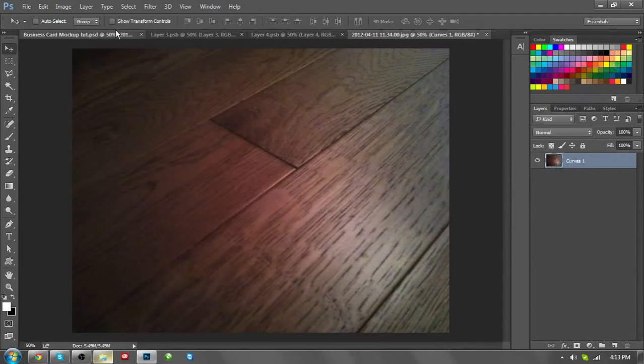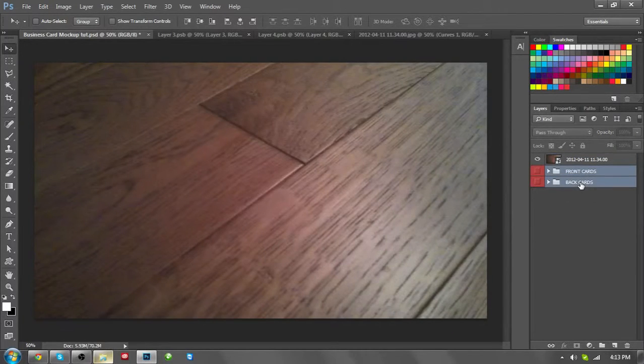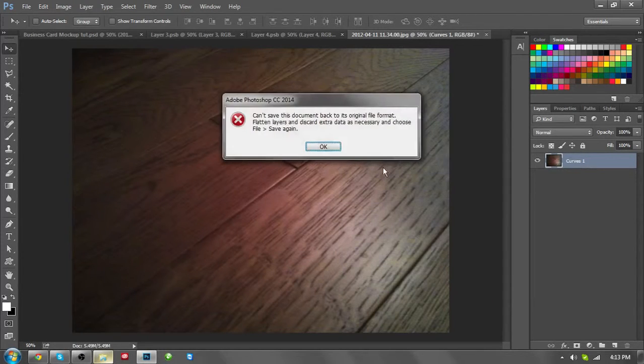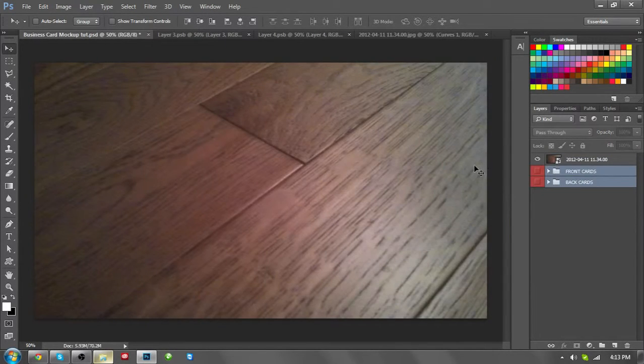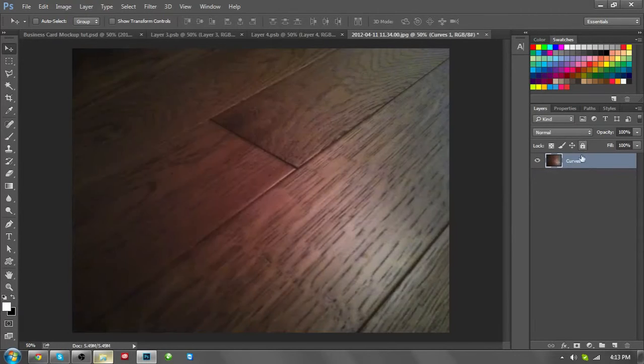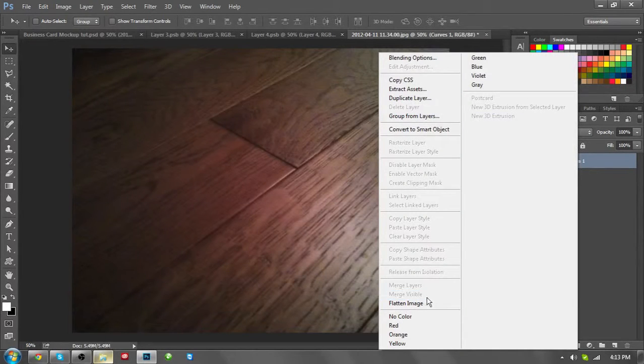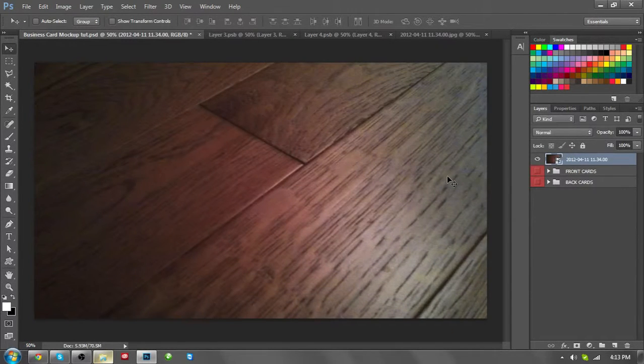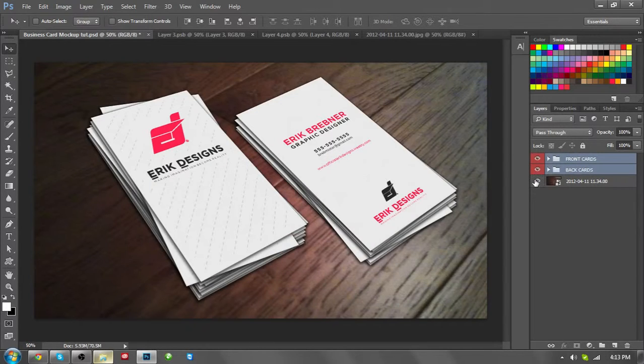All right. Sadly, I'm going to have to get rid of these because it's not going to let me save it otherwise. Or, actually, I didn't have to do that. I don't know why it's doing this to me. It does this a lot. Flatten image, save it, yes. And so now what we have is just this picture. I probably will have to delete these sooner or later, these cards that I've previously made. I mean, if we want, we can use them here, but